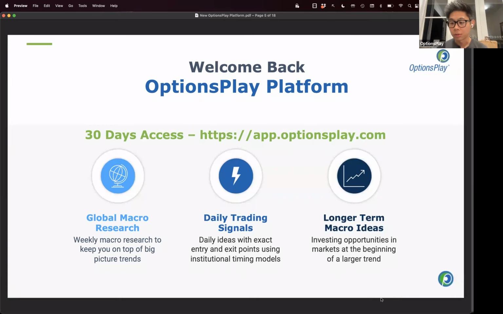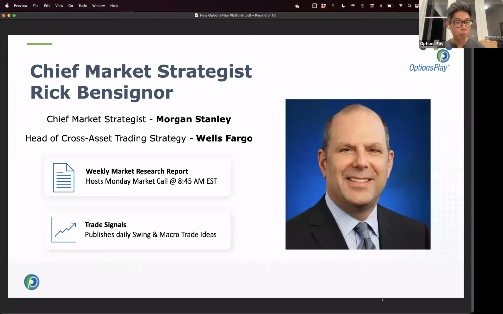So again, thank you so much for sharing with me what you want to review. I'm going to go through all of it here today, but you're going to get access to our global macro research. You're going to get access to our daily trading signals. You're going to get access to our longer term macro ideas. This is all included through your 30-day trial. But one of the biggest announcements that we want to make here